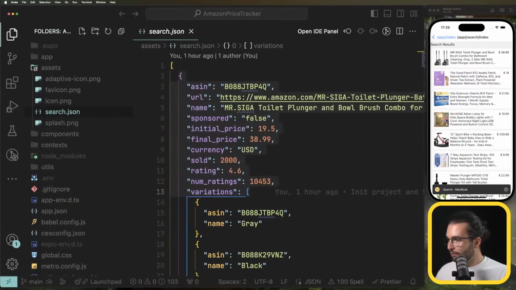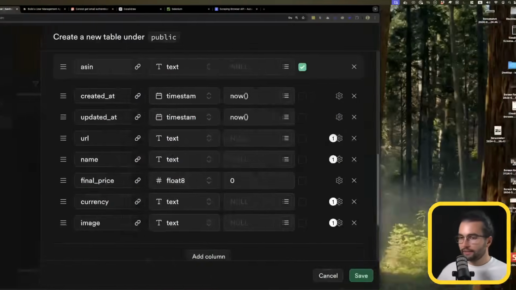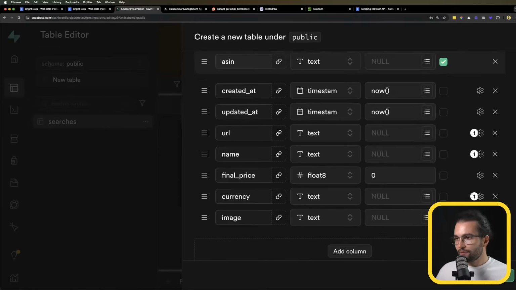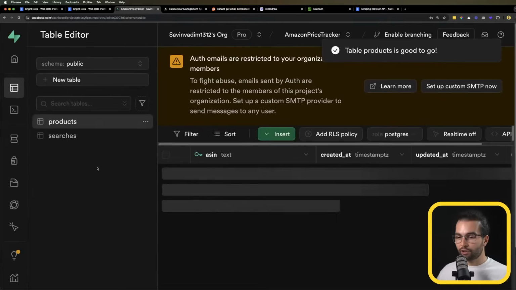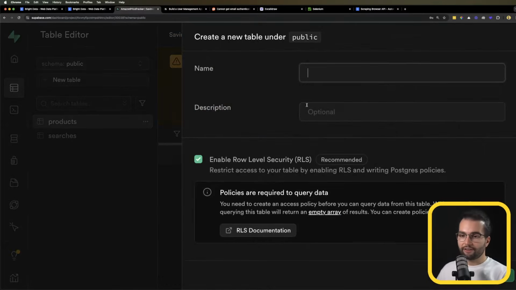I'm going to just double check if we have everything. Yes, I'm going to save this one, and I'm going to create a new table that is going to help us create the many-to-many relationship between searches and products, because a product can belong to many searches and a search can have multiple products. So for that reason, we're going to have a new table called